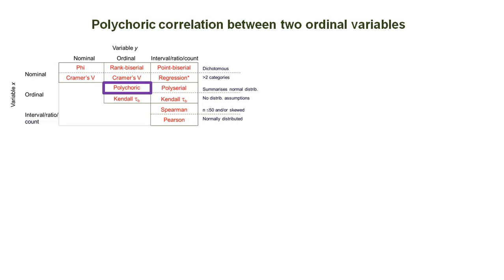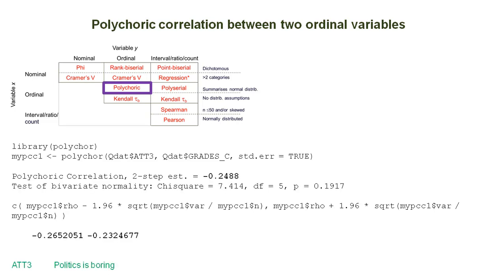The polychoric coefficient calculates the level of association between two ordinal variables. The assumption is that the data summarizes a normal distribution. In this example, the Likert scale variable @3, politics is boring, and ordinal variable grade C are used. The correlation is minus 0.25 with 95% confidence interval of minus 0.27 and minus 0.23, which need to be calculated